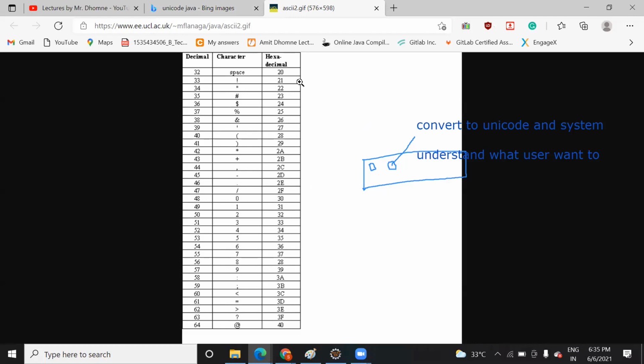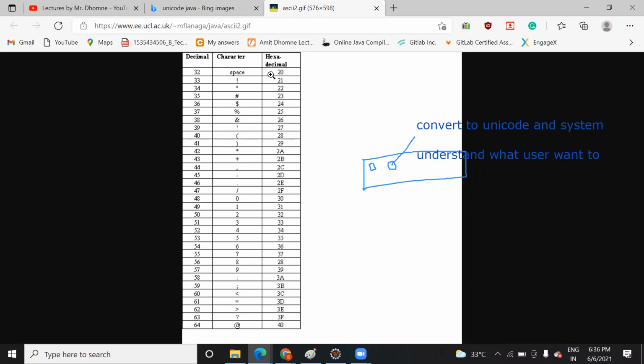For a human being, we can easily understand that space means giving a gap between characters, but how will the system understand? The system understands by converting into this Unicode. So a Unicode value is not like 0 and 1. It can be any value in the range from 1 to 100, 200, or it can be in any format like hexadecimal or decimal. Do you know what decimal and hexadecimal are? Have you ever worked on it? Do you know about it? Yes, sir. Okay.